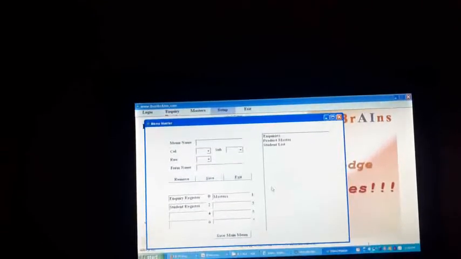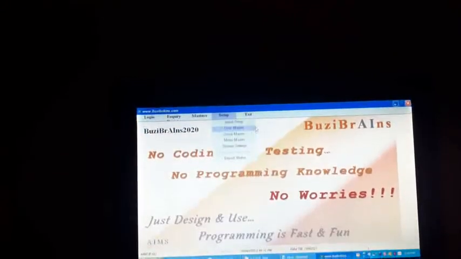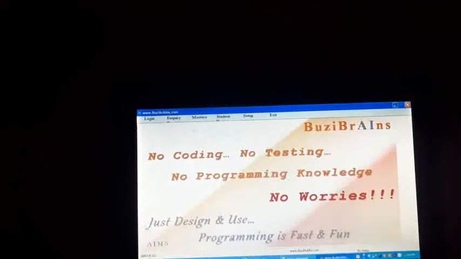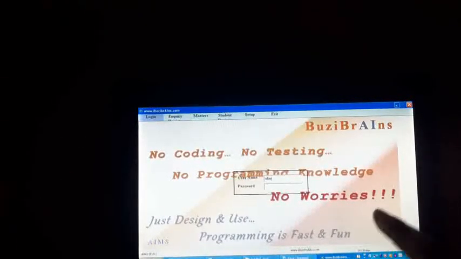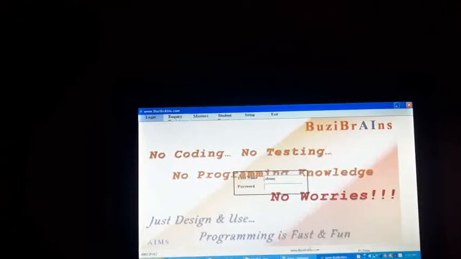Now AIMS has a predefined structure where as soon as you create the menus and give the form name, it will create the database. You don't need to create any tables as such. So we'll just see what happened. What is the result here? We'll just exit. Now log in. If you can see, the student register has come. I'll just log in with admin.